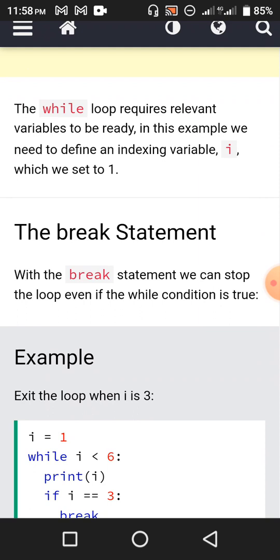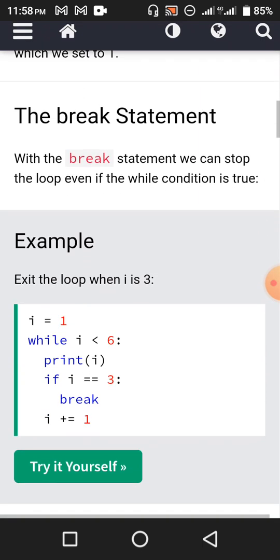The break statement. With the break statement, we can stop the loop even if the while condition is true. Example: exit the loop when I is 3. I equals 1, while I is less than 6 colon, that means enter the while loop, print I. Now before you increment, there is a condition: if I equals 3, then break, which means that when I equals 3,